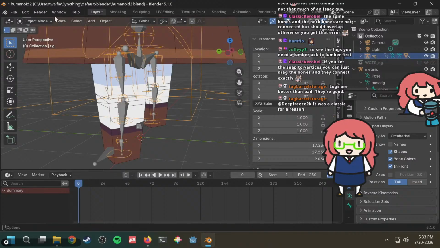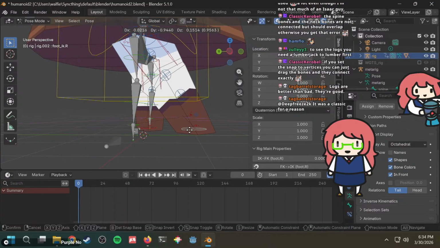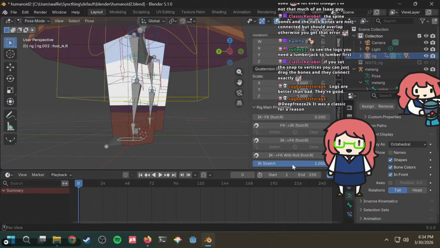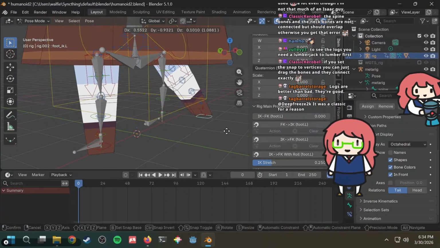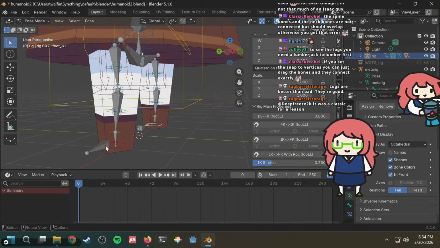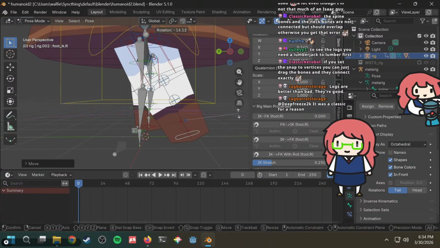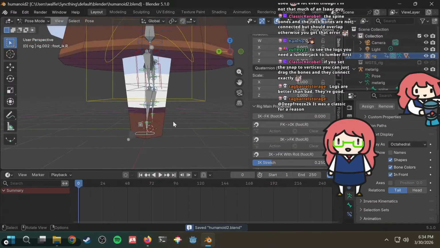And then let's take a look at pose mode. Wait, that's so much better. I mean, it's not that much better. Okay, it's slightly better. I gotta set IK stretch back. It seems a little bit better though. Yeah, okay, that definitely improved it. Sure, that's good enough. All right, let's actually start animating.